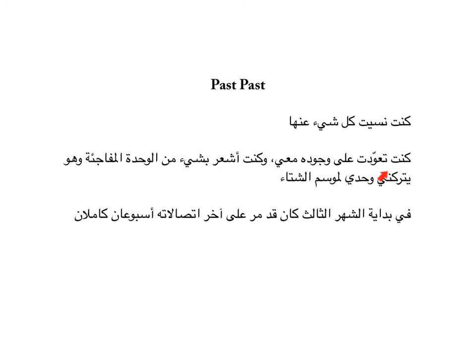كنت تعودت على وجوده معي. Okay, I had become accustomed to his presence with me. كنت أشعر بشيء من الوحدة المفاجئة وهو يتركني وحدي لموسم الشتاء. So when he would leave me in the winter season, I would feel lonely because I had become accustomed. So it's referring to a time in the past when he left, and saying, I had already before that time